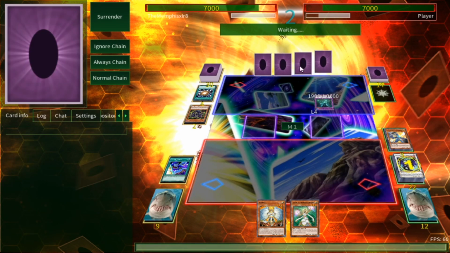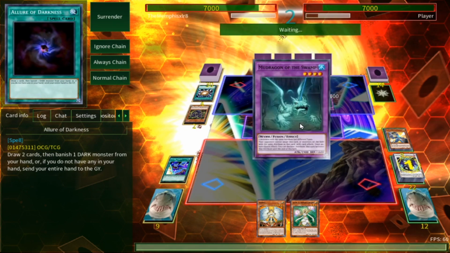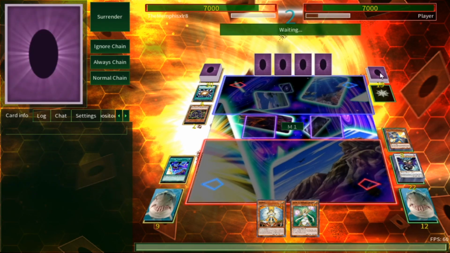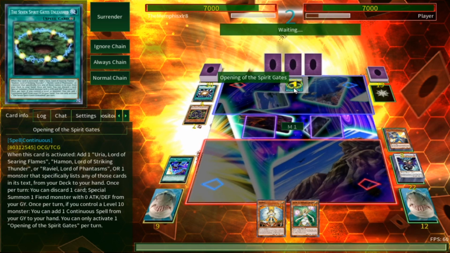What, you got a Called by the Grave in your hand, too? You coming into my neighborhood with your sacred beasts? Let's see. Opponent cannot target this card on monsters on the field with attack. This doesn't target, my friend. It does not target. Good effort, though. Good effort. Didn't work. Didn't work worth a darn. It did not. So what did he...